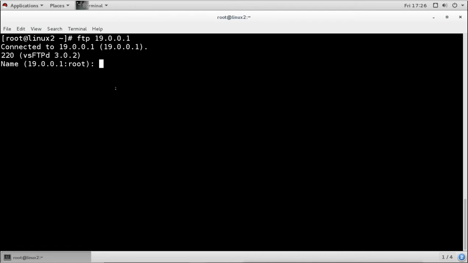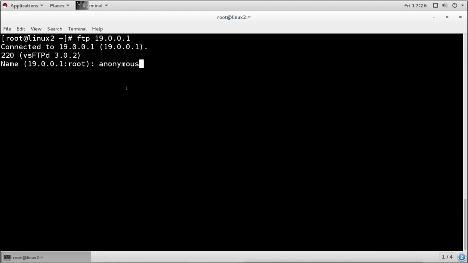Because the internet browser, by default, tries to access the FTP server by using the anonymous user account. Now anonymous means nobody. There is no real account called anonymous. Anonymous is just a nobody account. Here I can try also anonymous.